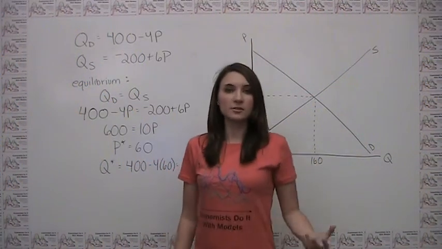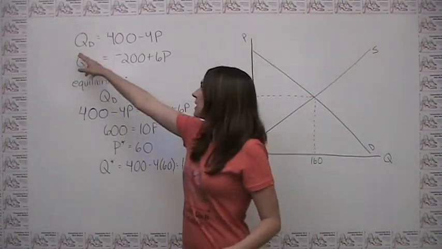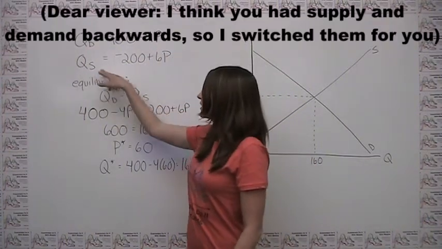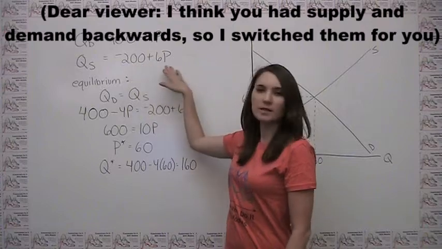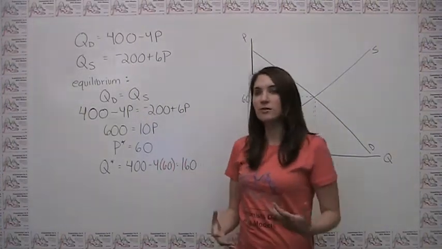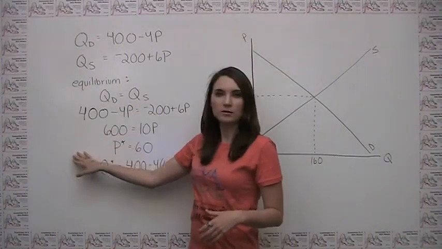This viewer's question goes as follows. Suppose we have demand given by 400 minus 4p, and we have supply given by negative 200 plus 6p. The first part of the question given to the viewer was pretty straightforward and just said, find the market equilibrium,